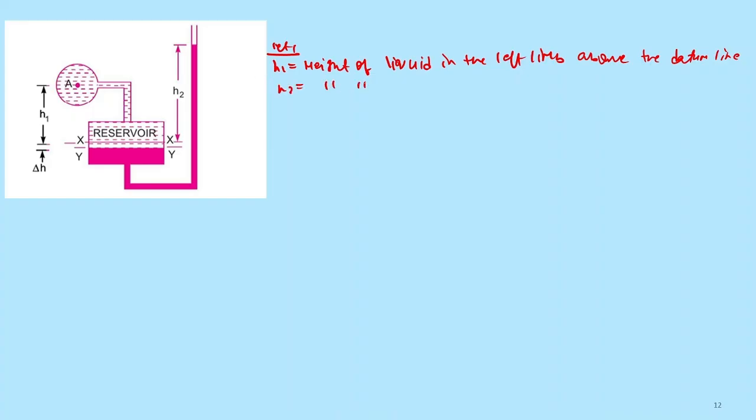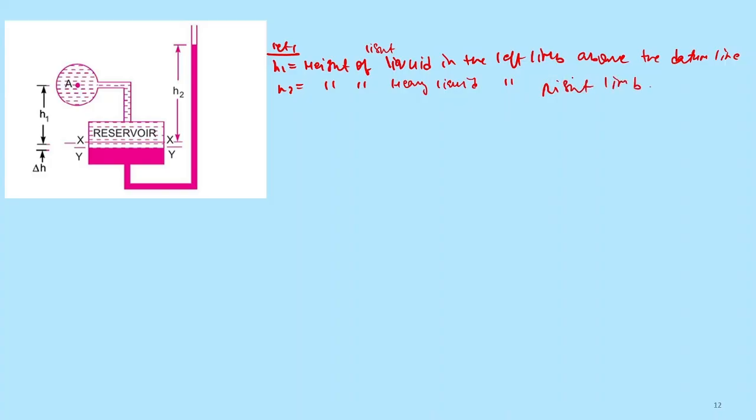H2 equal to the height of heavy liquid. Here it is light liquid, and this is the height of the heavy liquid, and the rest remains always the same. Heavy liquid in the right limb